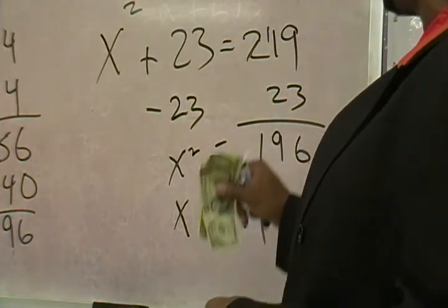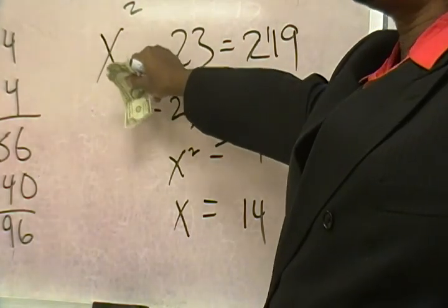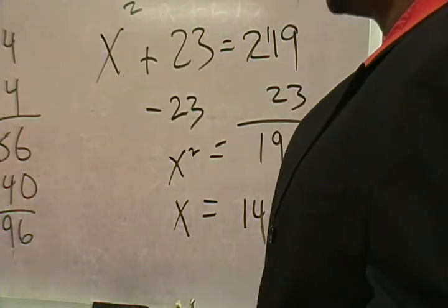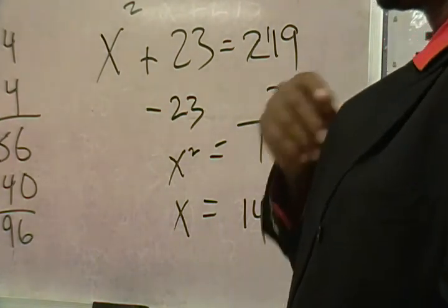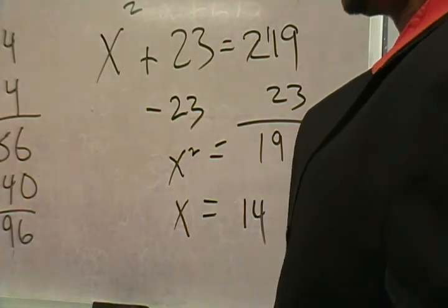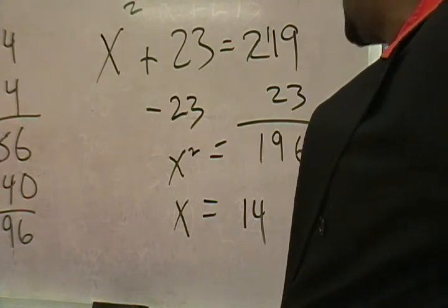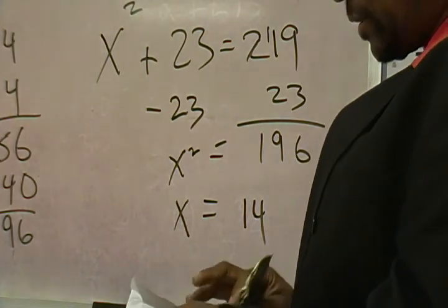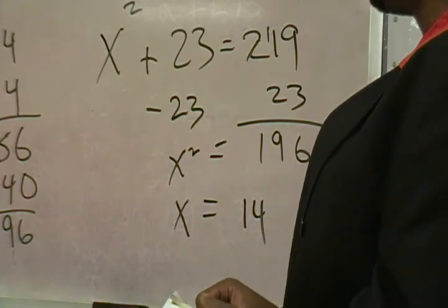No, right. We started with a number times itself, which is x squared, plus 23 equals 219. But if we don't have the 23 in there, and we just had the 196, so x squared equals 196. That's it, right? And from x squared equals 196, you gotta know what your squares are. So that's why I said the first thing that popped into my brain, the first thing that jumped into my brain was